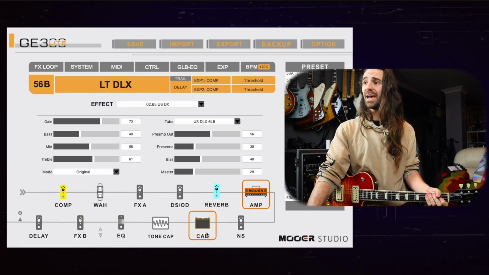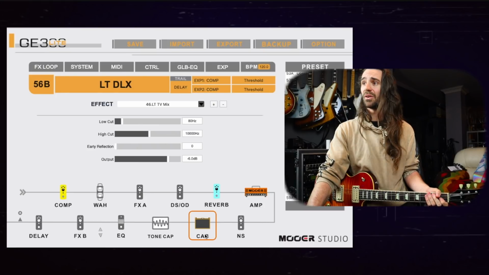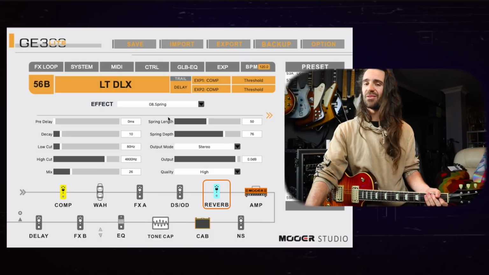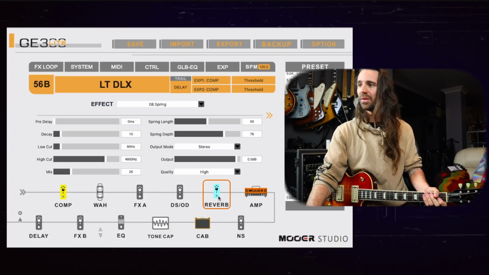Let's actually check that cab. I have a feeling this is one of the stock cabs. It's not, it's the same cab. It's the reverb which is giving us that nice kind of whooshy thing on there. If I turn the reverb,